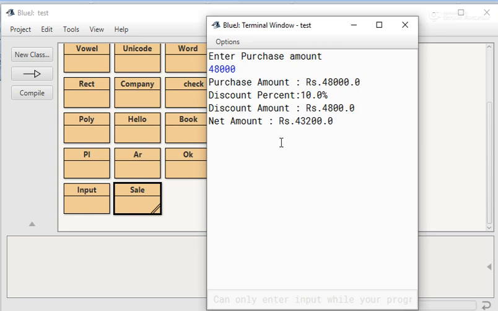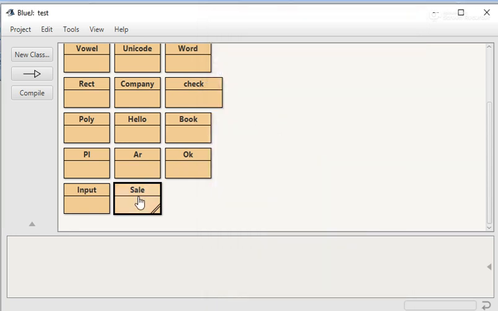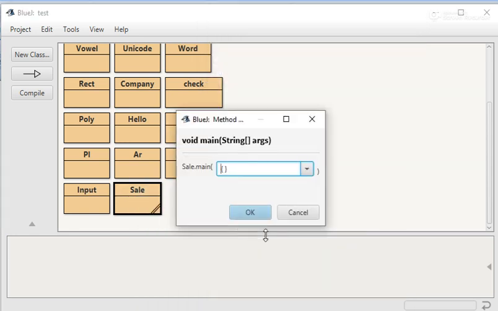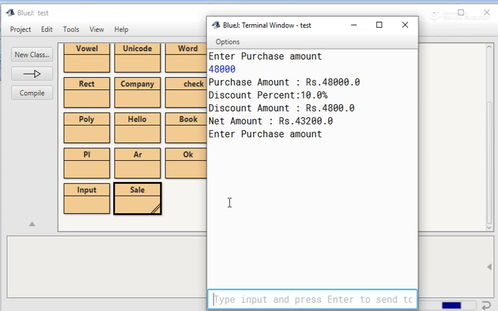the condition. Here, if we execute this program again without clearing the screen, just repeat the program to execute, and for the next enter purchase amount, this time we give purchase amount 10,000.